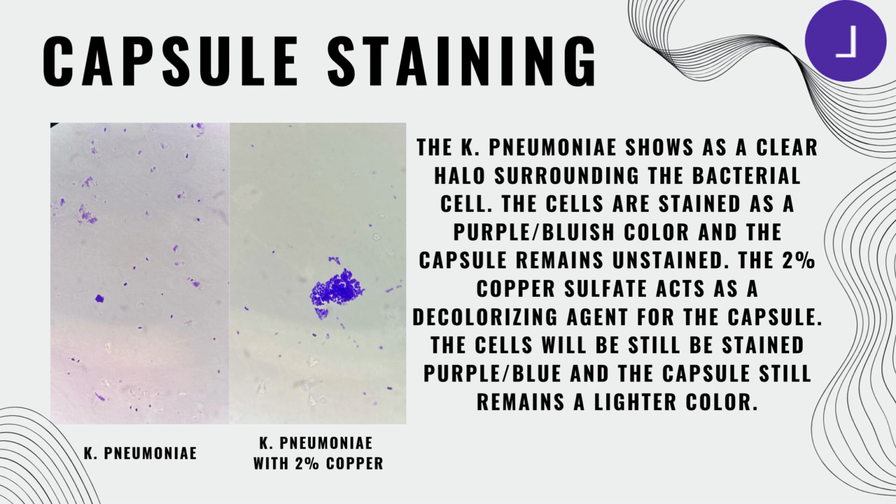For our fourth set of results, we had the capsule staining. The capsule staining is mainly done to highlight the protective capsule around the bacteria, and in this case, the bacteria that we were using was K. pneumoniae. The K. pneumoniae shows a clear halo surrounding the bacterial cell. The cell is stained a purple bluish color,